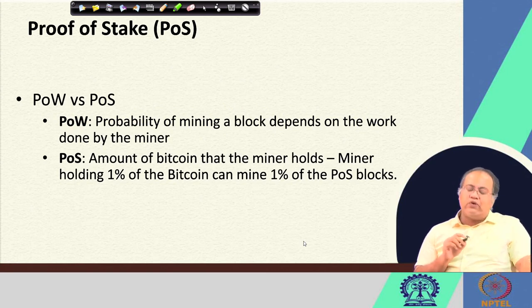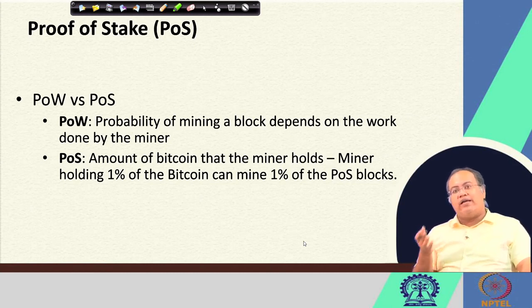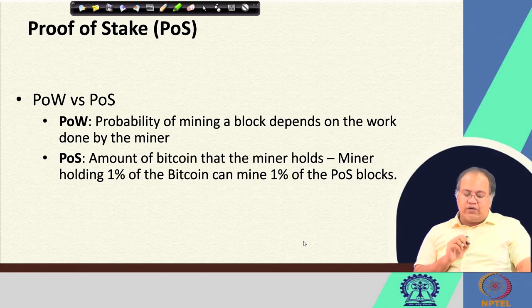Now, if I compare the basic idea behind proof of work versus proof of stake, in the case of proof of work, the probability of mining a block depends on the work done by the miner. So if a miner has more computing power, the miner will have a higher probability to propose a new block. In contrast, in the case of proof of stake, it is the amount of Bitcoin that the miner holds. So if you are holding 1% of the Bitcoin, you can mine 1% of the POS